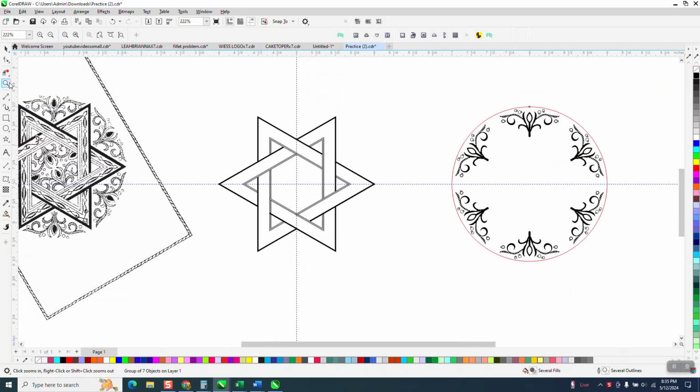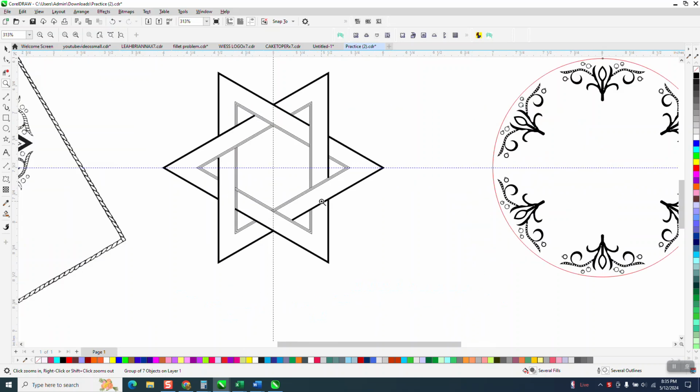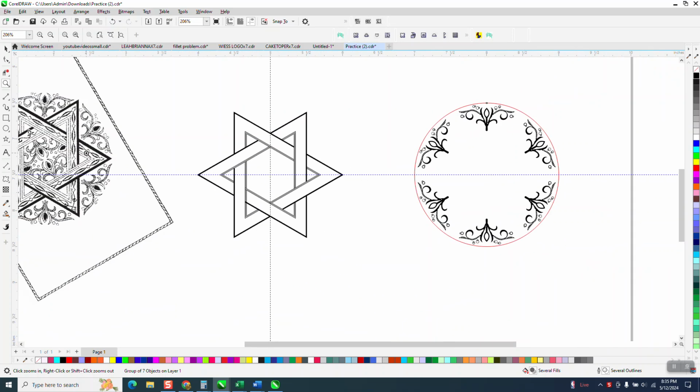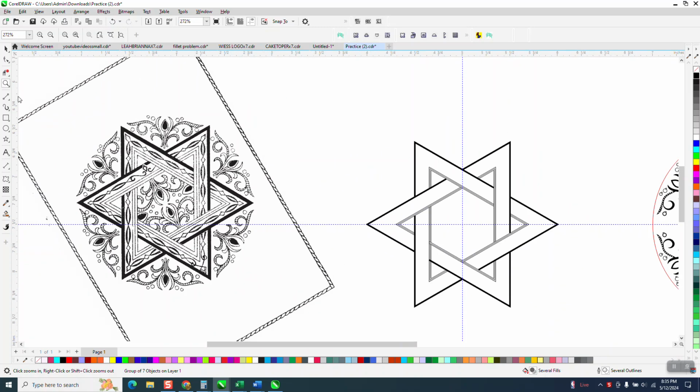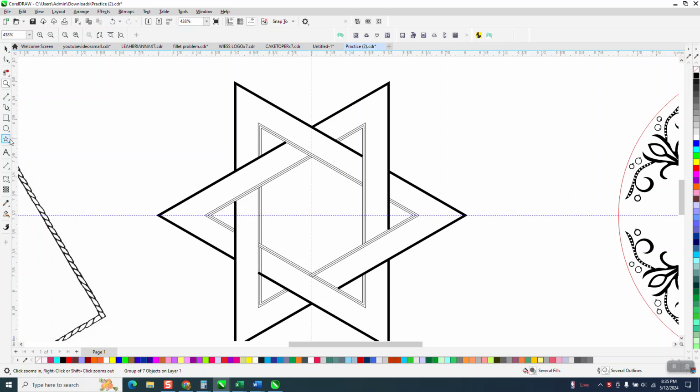I wasn't going to make part 4, but this is where we left off, and we need to draw this line. I'm not going to try to mimic it. I'm just going to show you what you could do. I am going to take a 2-point line and go from about the middle upwardly and then over to that side. And then I'm going to take my shape tool